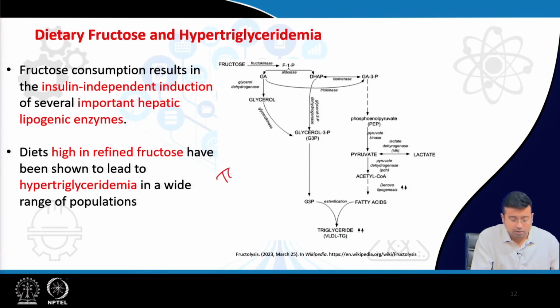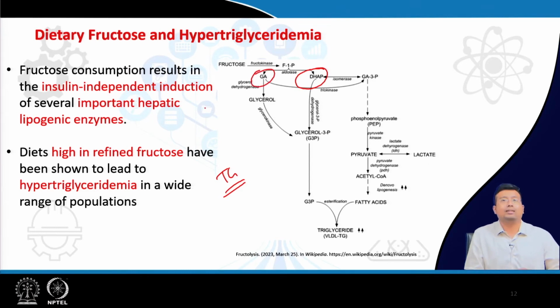hypertriglyceridemia (TG) in the population. These are all population based studies, and it has been seen that a diet that is high in fructose or raw sugar, sucrose, which again gets converted to fructose, leads to high TG on measuring the lipid profile, and that is very harmful and leads to a lot of cardiovascular disorders. If we want to know the biochemical pathway, it is right in front of you, where dihydroxyacetone phosphate and